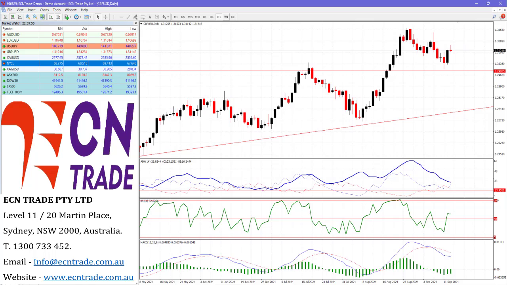Super Thursday is back and all eyes are on the Bank of England's rate decision. The Bank of England is widely expected to keep rates on hold at 5%, and therefore could give a little bit of a bumpy ride for the pound, even though it did bounce off that key level around 129.70, 80, and now from the close it looks destined to reach its target of 132.25, 35